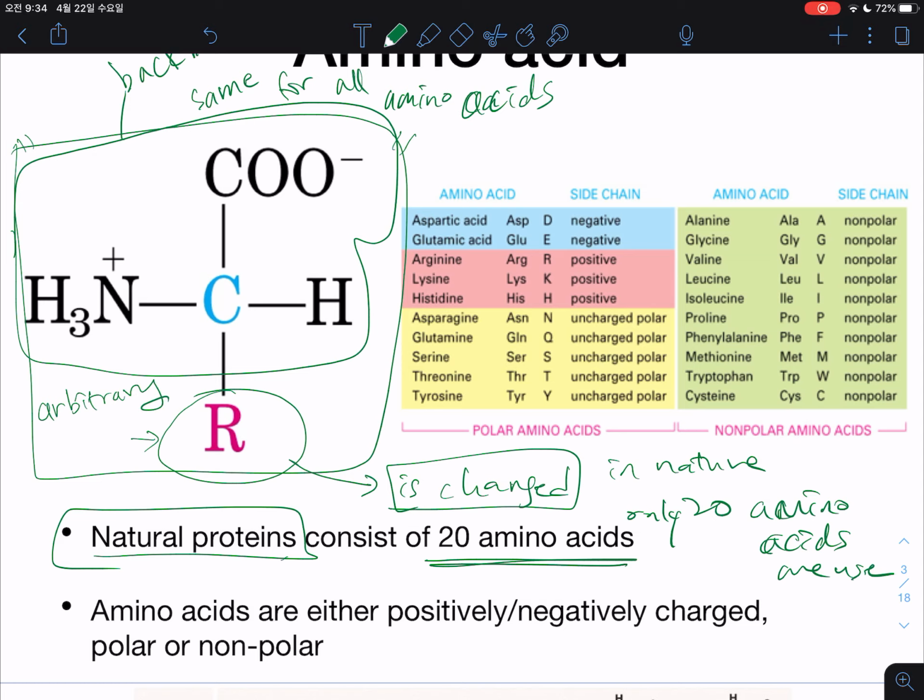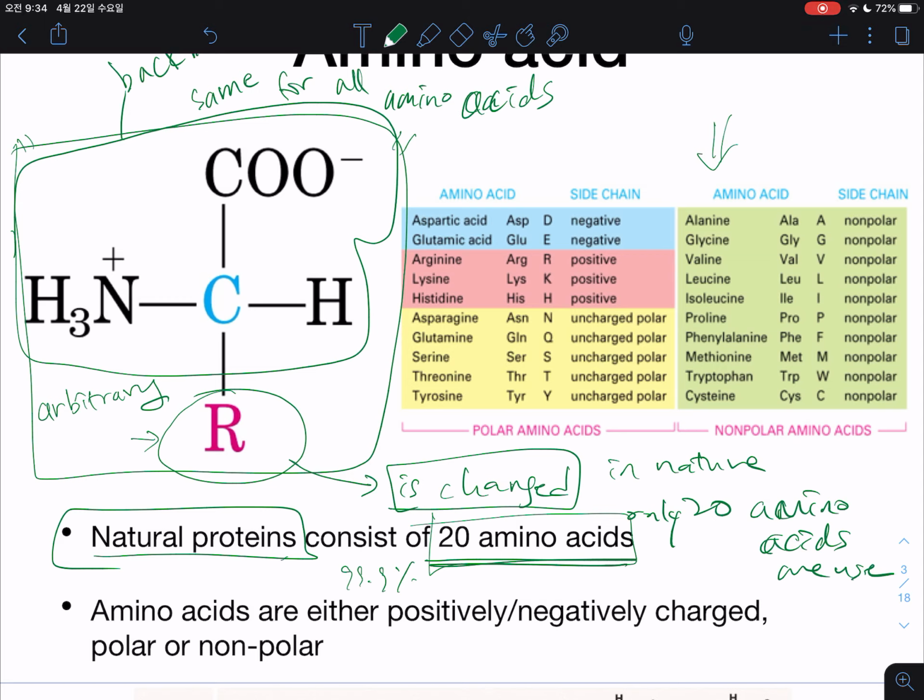But in nature, 99.9% of organisms use only 20 amino acids. There are very rare cases, some microbes which use very rare amino acids, but most of the organisms we know use only 20 amino acids, which are shown on